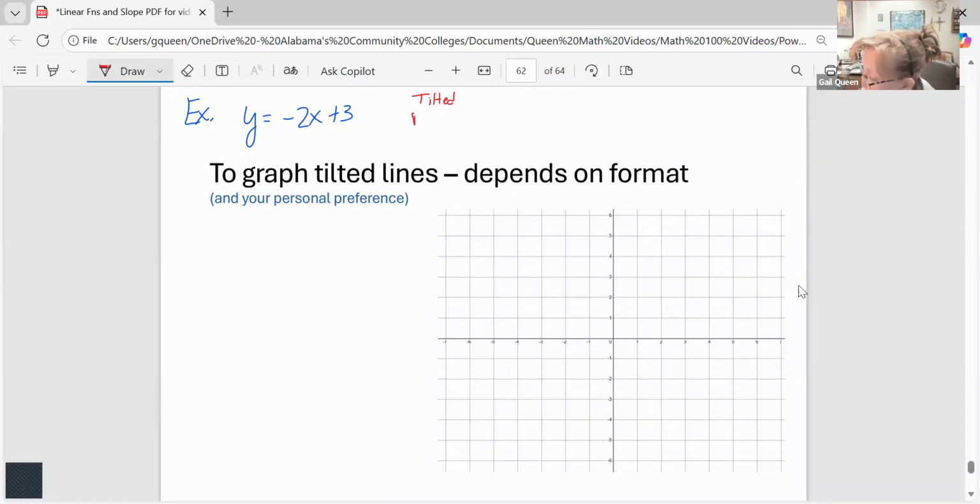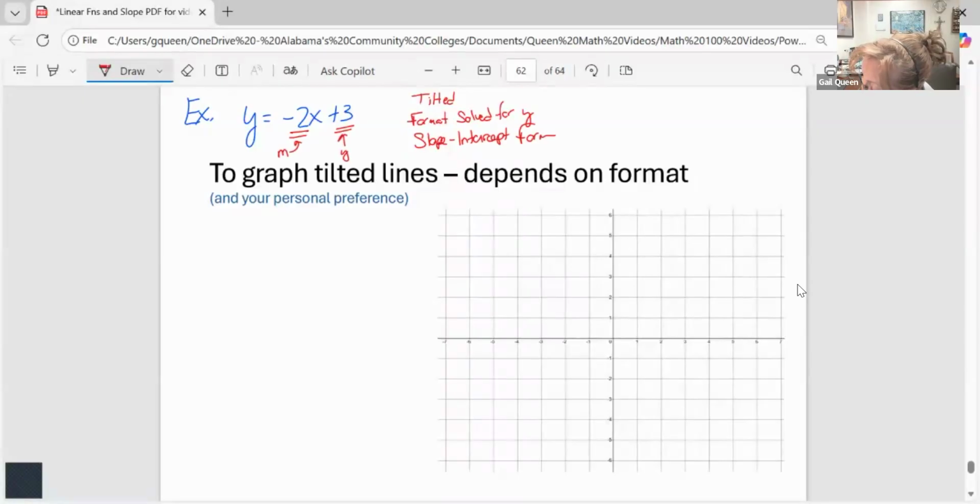And then the format that we're in, this is solved for y. Do you see that? What kind of format is solved for y? We call it slope intercept form. I'm not writing it very neatly though. Slope intercept form. So the slope of my line is -2, and the y-intercept, where it crosses the y-axis, is